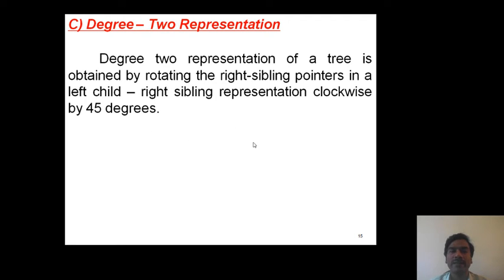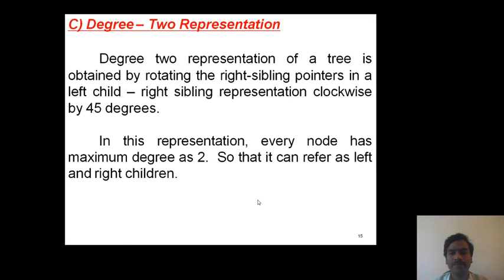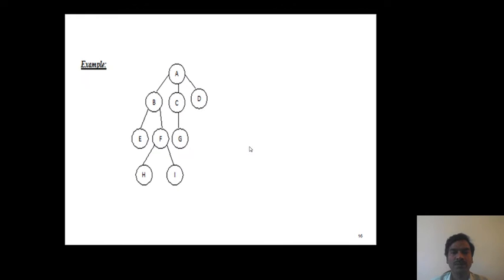So for this, every node has only two children nodes. So every node has maximum degree 2. It's a tree data structure. Now for this, degree 2 representation is obtained in this format.